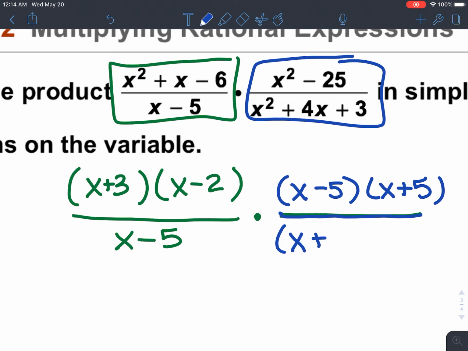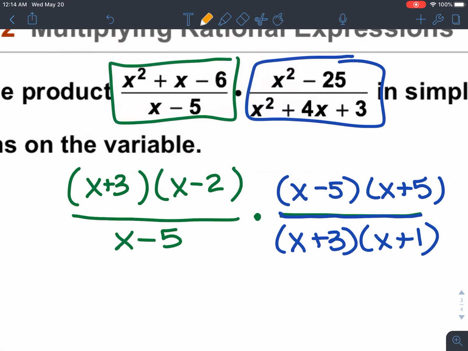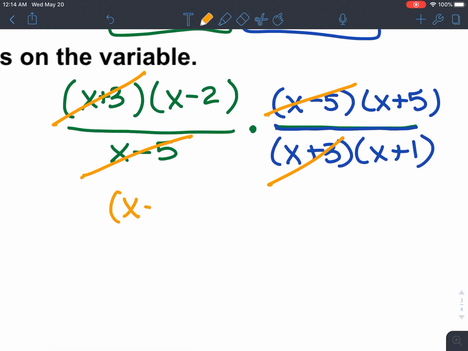And the bottom is x plus 3 times x plus 1. Now remember, you can cancel diagonally. So you could cancel this x minus 5 with this one, and this x plus 3 with this one. So now you have x minus 2 times x plus 5